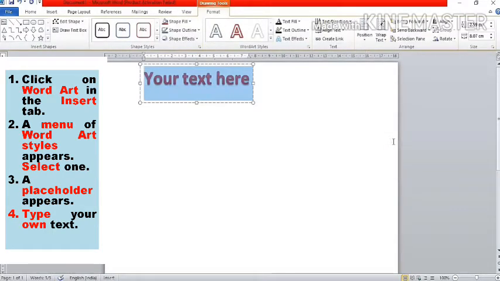Step 3, a placeholder appears. This thing is called a placeholder. Written here is: your text here. That means MS Word is telling you to type your text here, which is our step number 4. Type your own text. And what are you going to type? You are going to type my father.